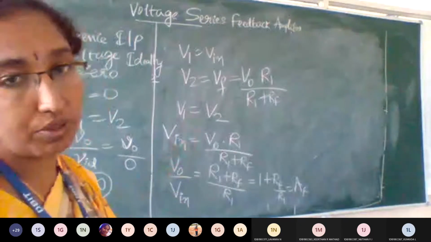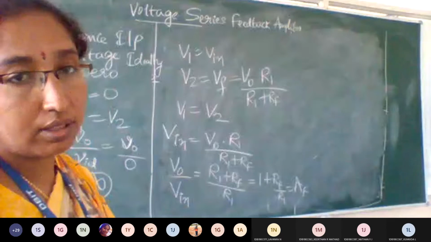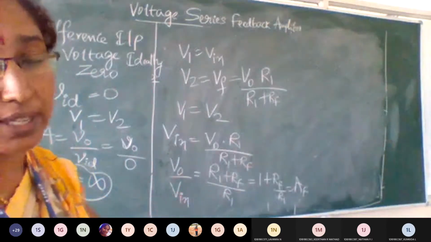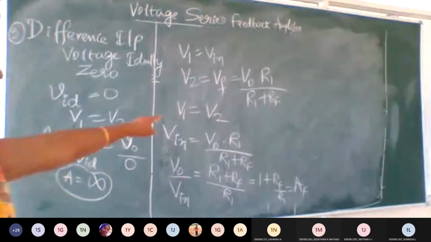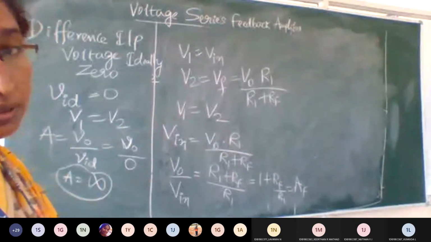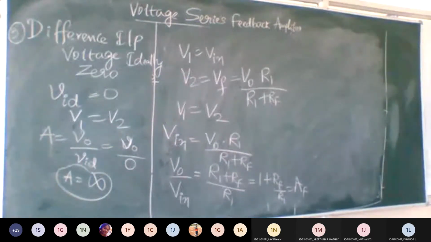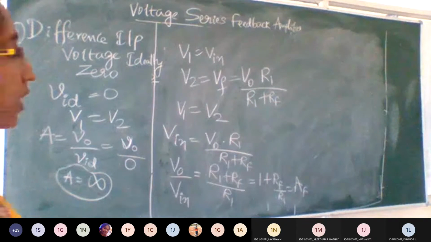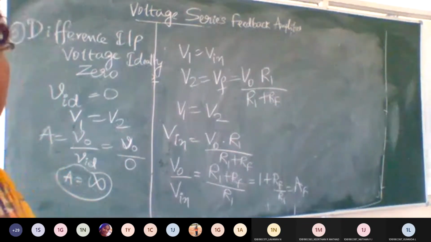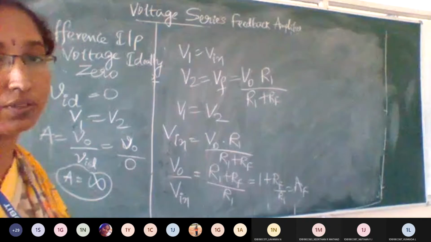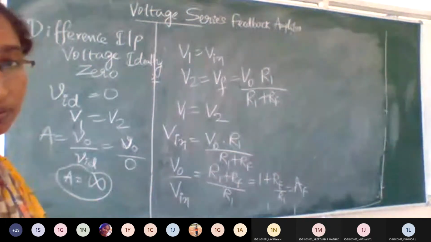What is the value of V2, generalized? Just observe your feedback circuit. The feedback voltage is the same as the V2 value. V1 is equal to V2. Don't confuse with the negative sign. Here we are not talking about any negative sign, just taking the values, that's it. What is V1, what is V2? V2 is the feedback circuit.